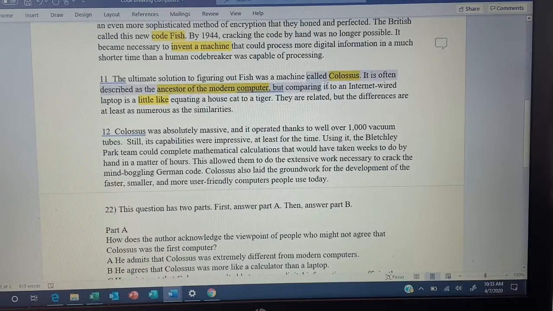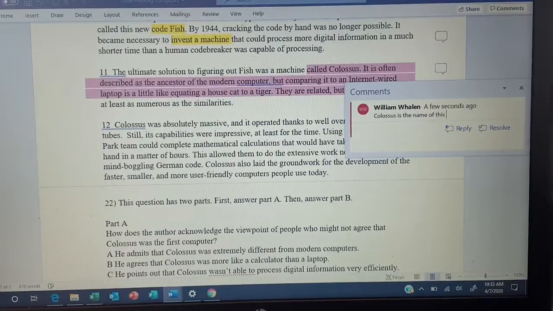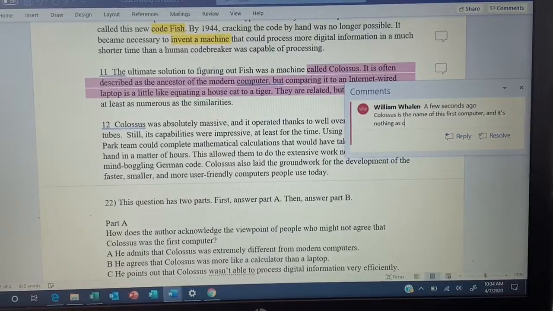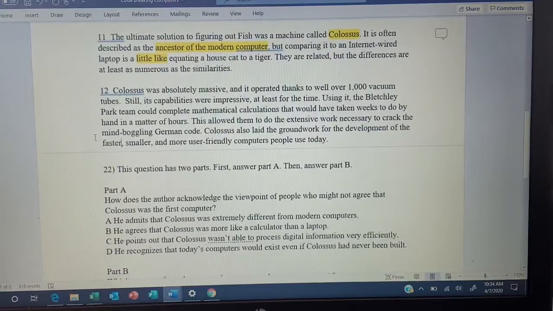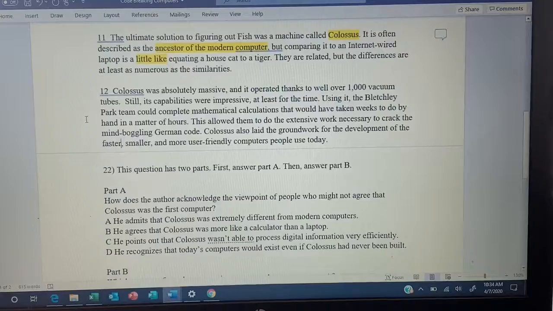So the main point of this paragraph is we just learn that Colossus is the name of this first computer, and it's nothing as complicated as computers are today. Colossus, which is the name of this first computer, Colossus was absolutely massive, and it operated